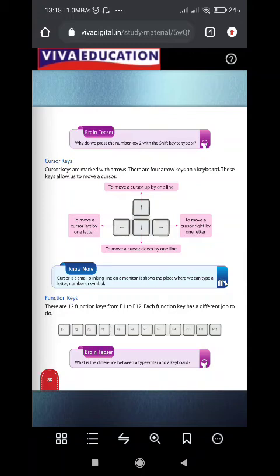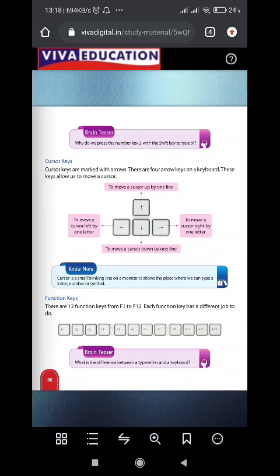When we press the left arrow key, it will shift the cursor by one place. And if we press the right arrow key, the cursor will move one place towards the right. So that is the work of the arrow keys. Mainly we use the arrow keys while we play games.